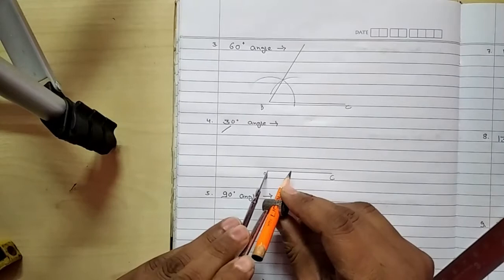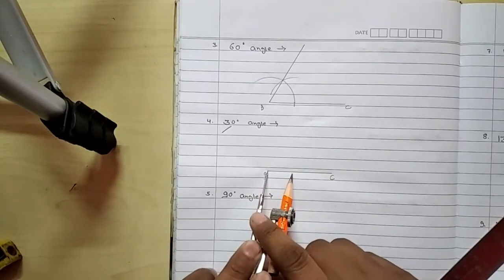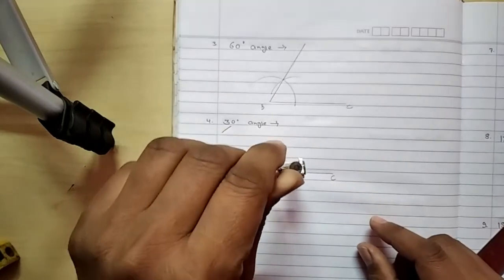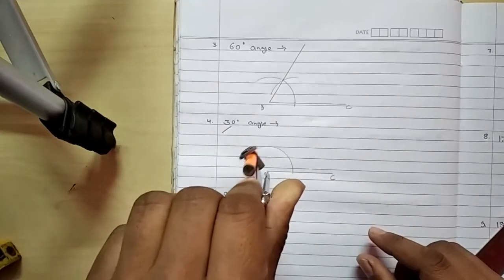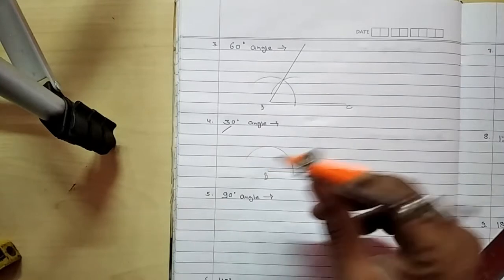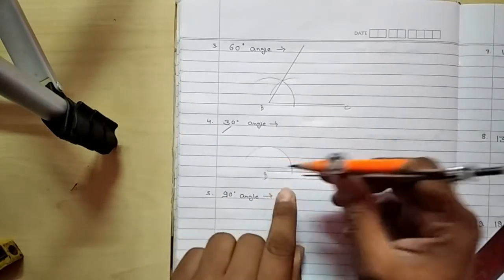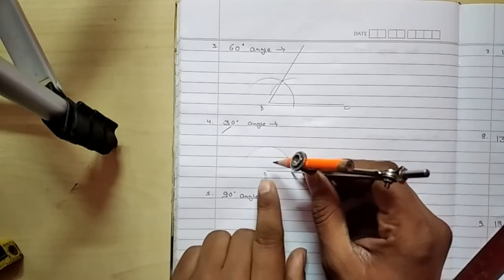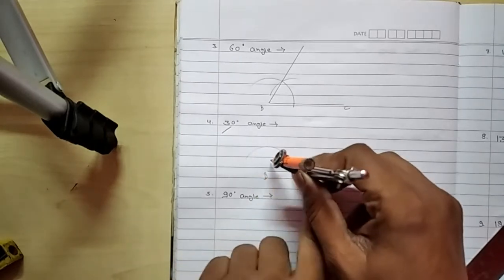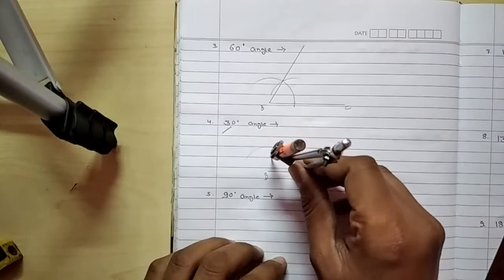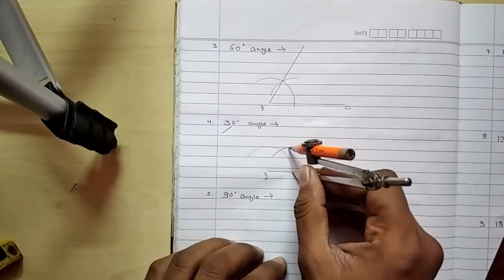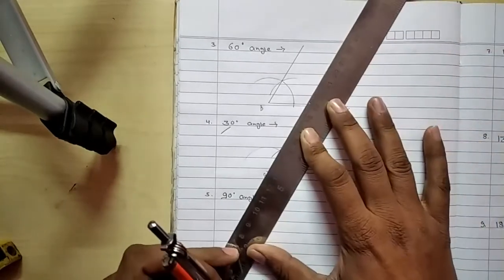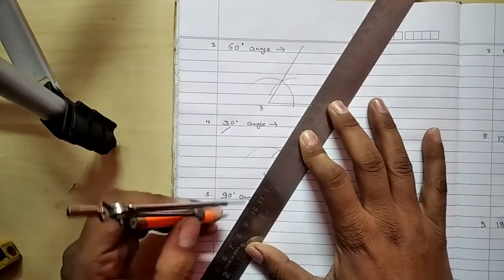And then after, we will put the compass at point B and take some gap in the compass, and with this gap we will draw one arc like this. With the same gap, we will put the compass at the point on the line where the arc intersects the line BC. Then we will draw one more arc which will cut the first arc like this. Okay, now it is the 60 degree angle as I told you.